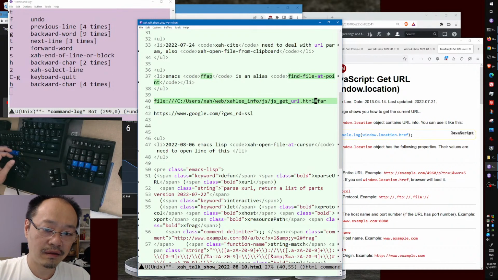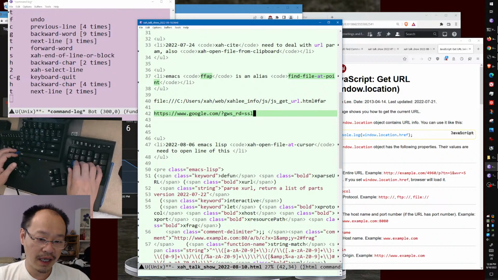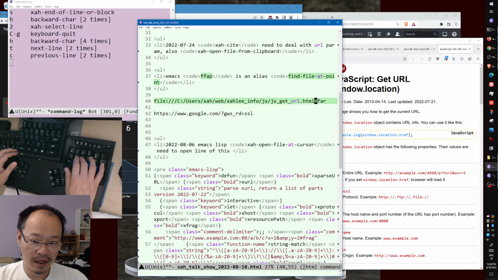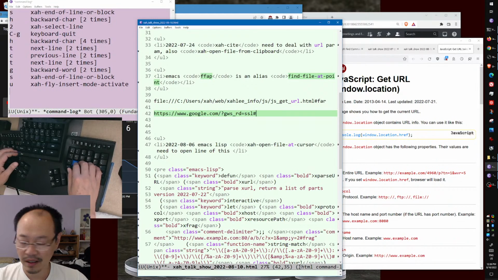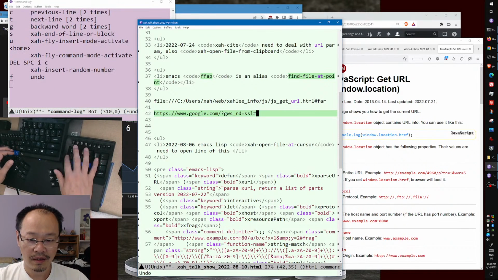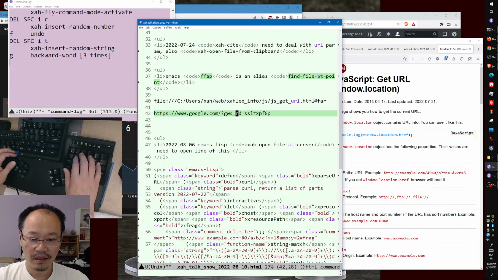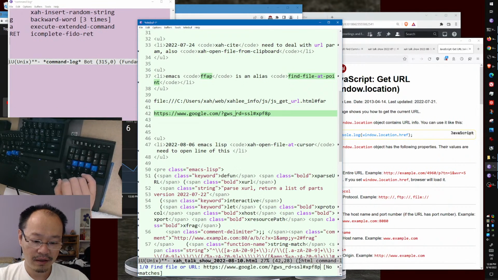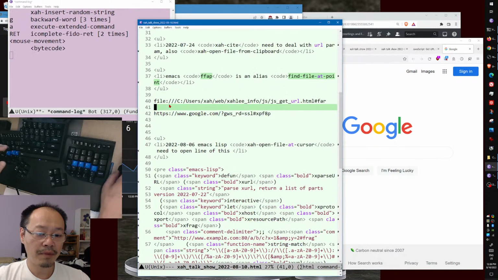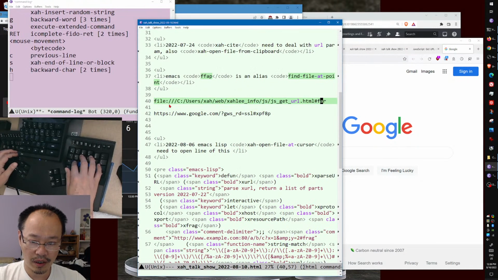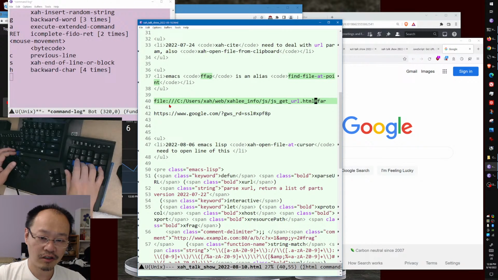and then open it. Now, if it's a case of a URL, not a local file, then it doesn't matter. I don't think it matters. Yes, it doesn't matter. So for example, let's put a random string here. So FFAP, it confirms, do you really want to open that one? It just opened that with the hashtag. Okay, but the point is that sometimes you need to get rid of the fragment,